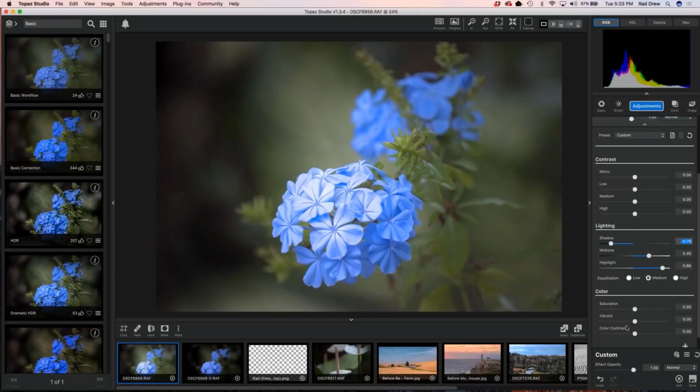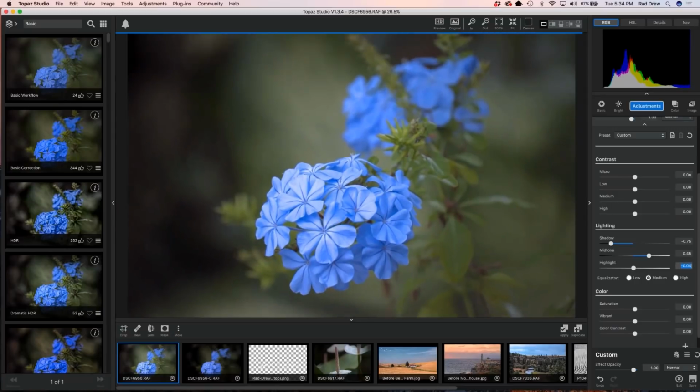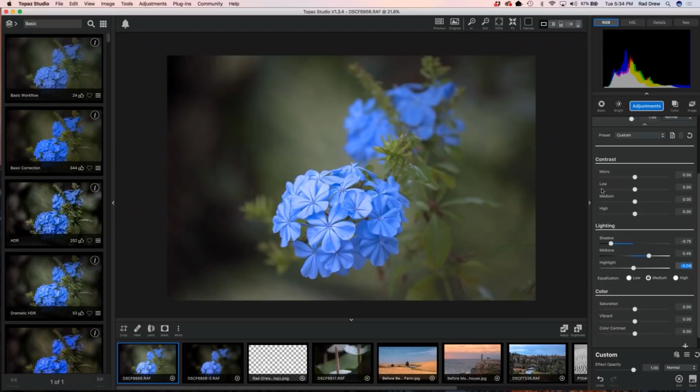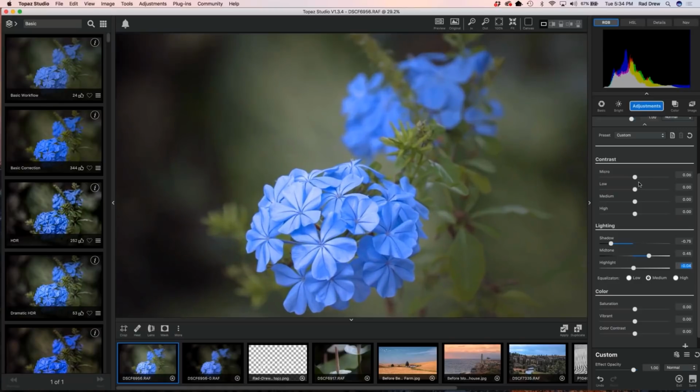Now I can begin to, I might bring my highlights down, and I can barely see the blue is climbing up the wall there. I'm going to back that off a little bit because I can see I'm blowing out in my, that's much better. Okay, so now I can begin to work with my micro, low, medium, and high contrast, and I'm going to tweak that a little bit. I'm watching again, this time I'm watching the image,